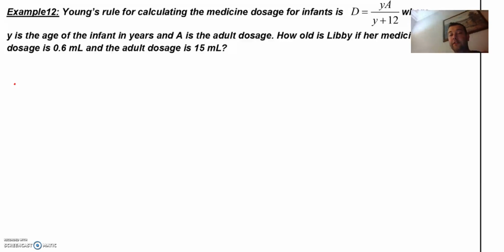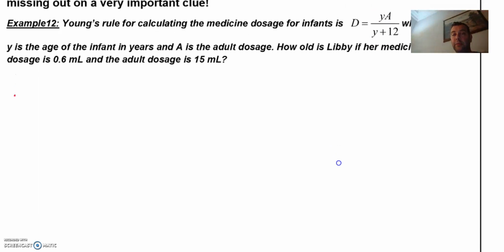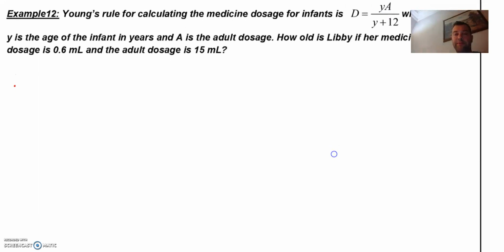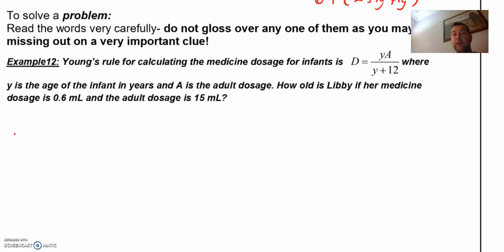Now, this is a funny one because the pronumeral, the unknown, appears twice in this formula. That's fine. Right, you don't have to be familiar with this formula to make it work. Right, you could be given all sorts of random made-up formulas. That's not the important part at this stage, although this is a formula we'll learn about later on. So let's substitute in. Reading carefully, D is the dose for the infant. That's 0.6. So that's right, 0.6 equals y times the adult dose, which is 15,